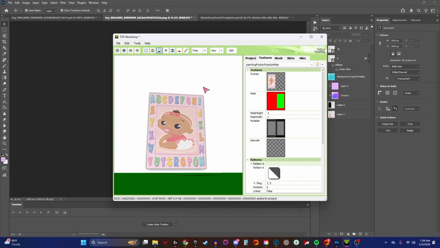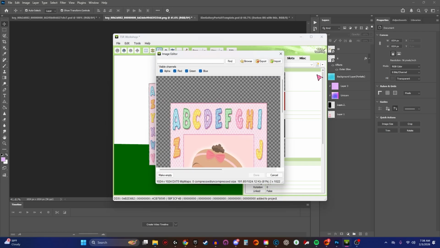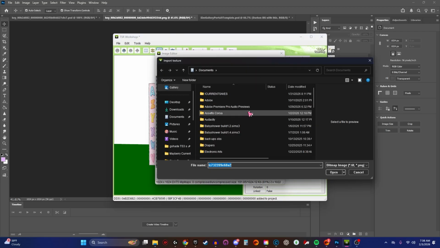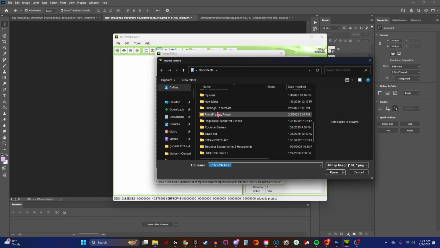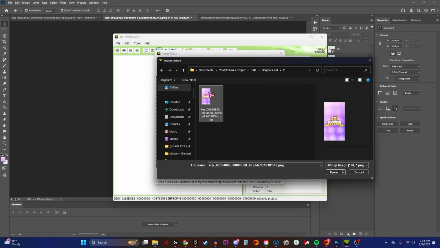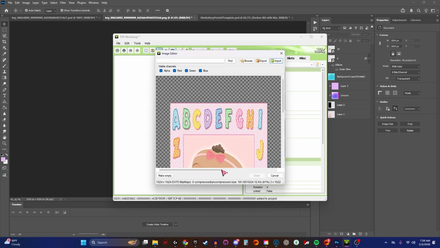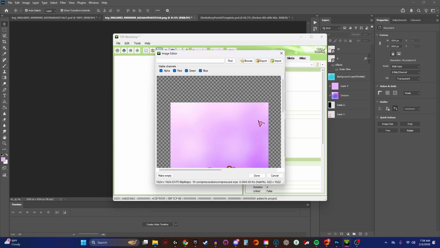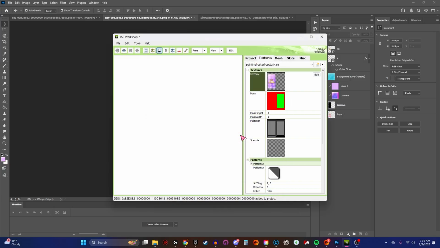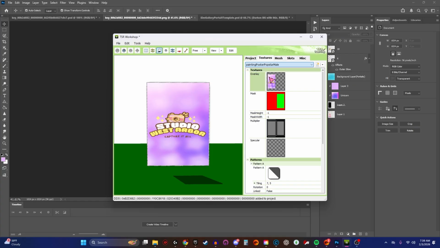Now we're going to go into the second one. And what you want to do now is click on the overlay here and then edit. You're going to hit import. Then we want to find our folder where we're doing this full project. We go into sets, graphics, then hit folder 2. And then we're going to open the Studio, Photo Studio West Arbor image, right? Then you're going to hit continue. And then after that, it's going to load in. Press done, I hit no, and then boom. Now we have both of our graphics